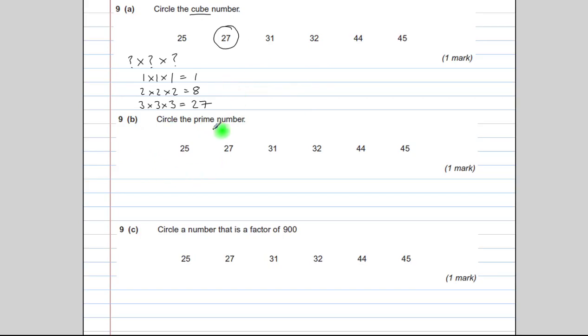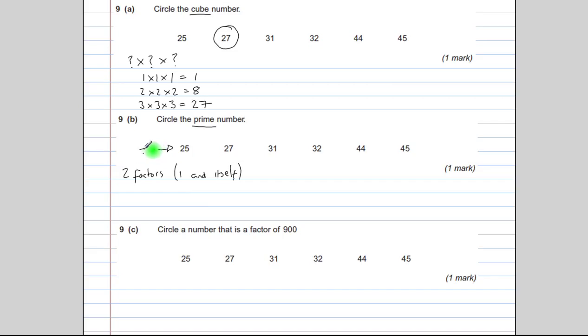Part B says circle the prime number. So a prime number has 2 factors, and they are 1 and the number itself. Okay, if it has more than 2 factors, it's not a prime number. If it only has 1 factor, it's not a prime number. It has to have 2. So the way we can eliminate some of these numbers is by finding something other than 1 and itself that goes into them. So for example,